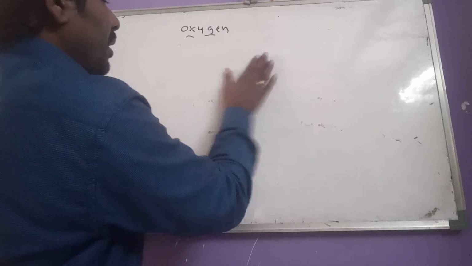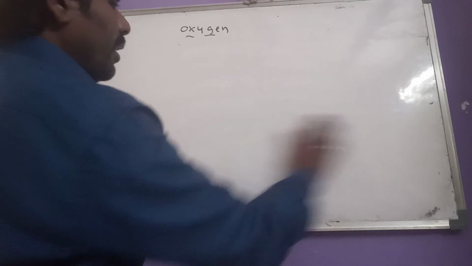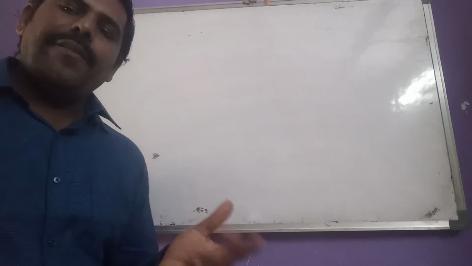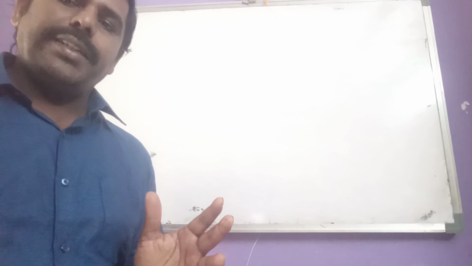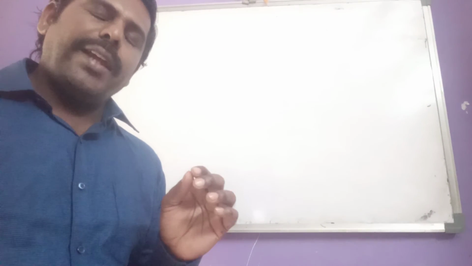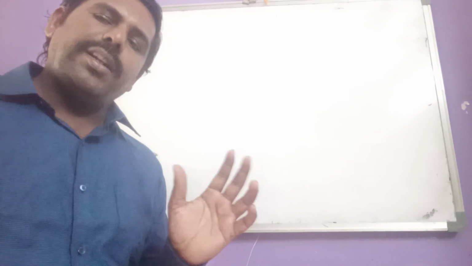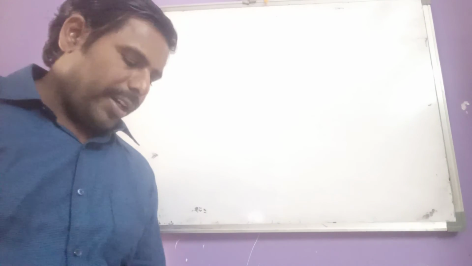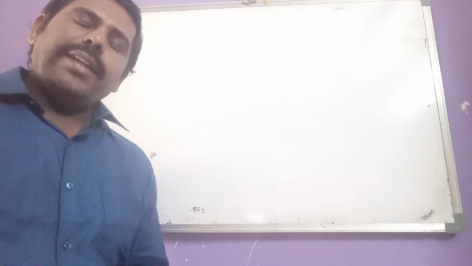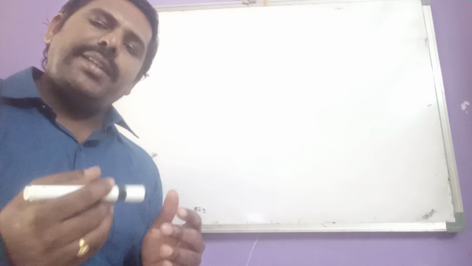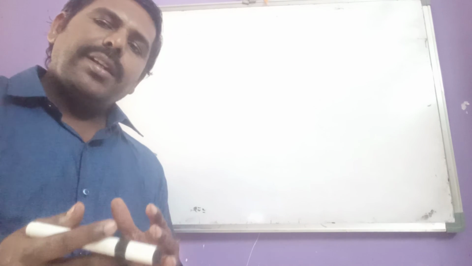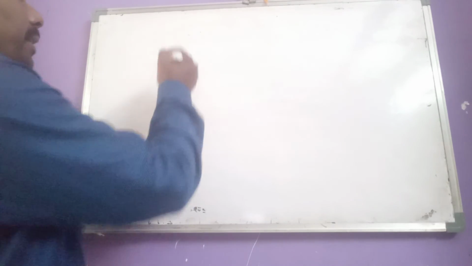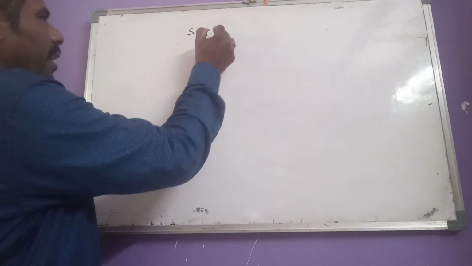And what are the physical and chemical properties of oxygen? We know that oxygen is a colorless and odorless gas. It has no color and no odor, and it is slightly soluble in water. Then it is used as an oxidizing agent for many compounds. For oxidizing purposes we are using that. That means here sulfur dioxide